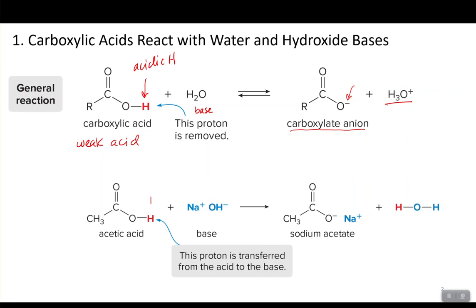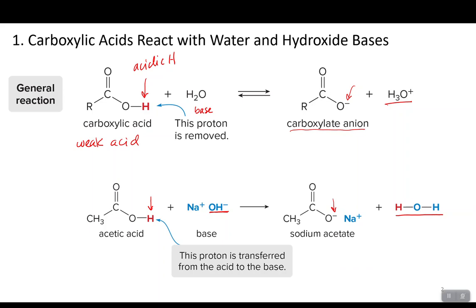And so this acidic hydrogen here can be donated to the OH here. This OH minus is going to behave as a base because it will be happy to accept that proton. When it does so, it becomes H2O, and that's going to be one of our products. And since my acetic acid in this example, but it's any carboxylic acid, when it interacts with a strong base, again, it has donated that proton, and that's why now I have my carboxylate anion again with that negative sign